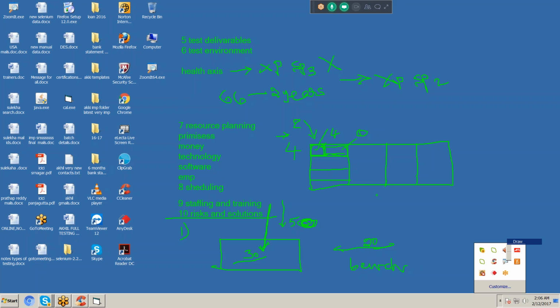11th point, assumptions. Assumptions means approval info. If you want to complete this particular project, we should follow some other projects. What are the projects we should follow? We will list them out in this section, which is called assumptions. If we want to complete this project, we need to assume another project. Which project we need to assume, he will list out here.